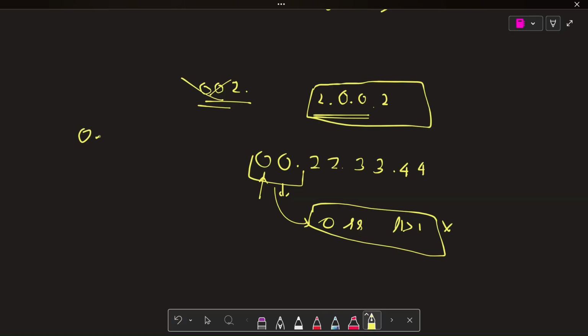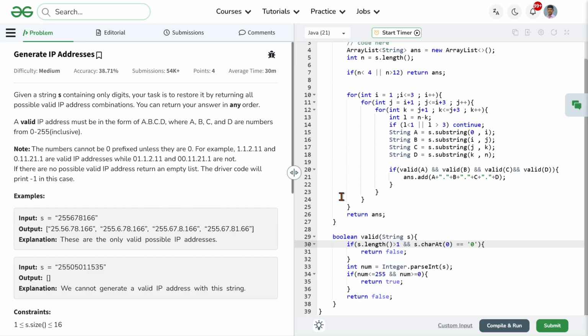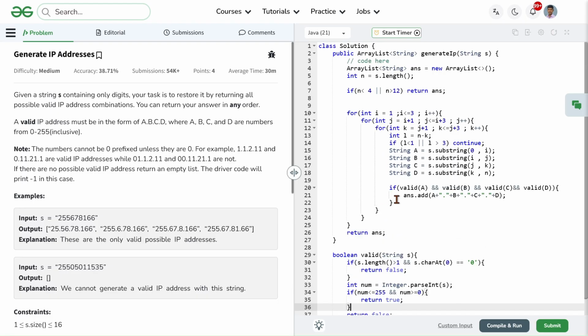If something like 0 comes alone, its length is not greater than 1, and a single 0 is considerable. We handle this case here. After that we convert the string into an integer and check the range. If num is lesser than or equal to 255 and greater than or equal to 0, we return true, otherwise false. So this is the whole code.